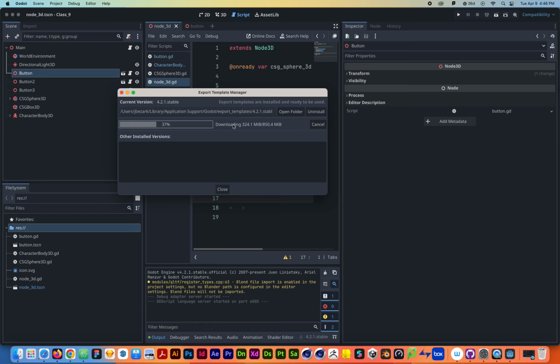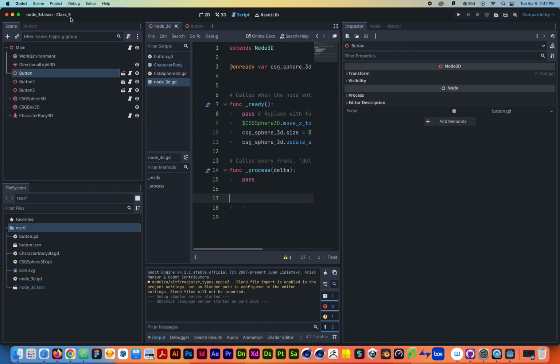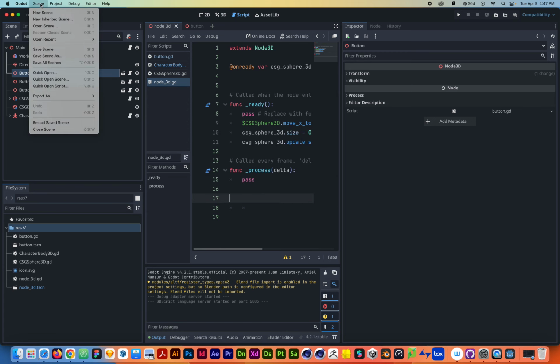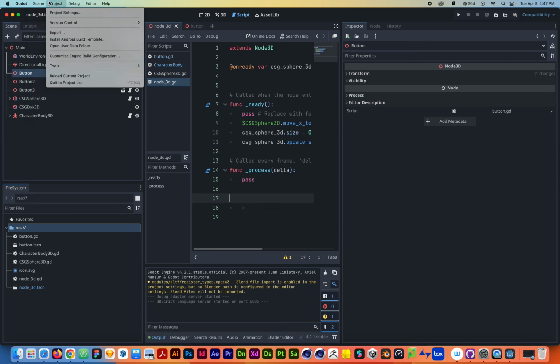I have actually already done this, so I'm going to cancel. But you shouldn't cancel. Don't cancel. And then that's all you need to do. You just need to download and install them from this menu. So once you've done that, what that's going to do is when you go over here to